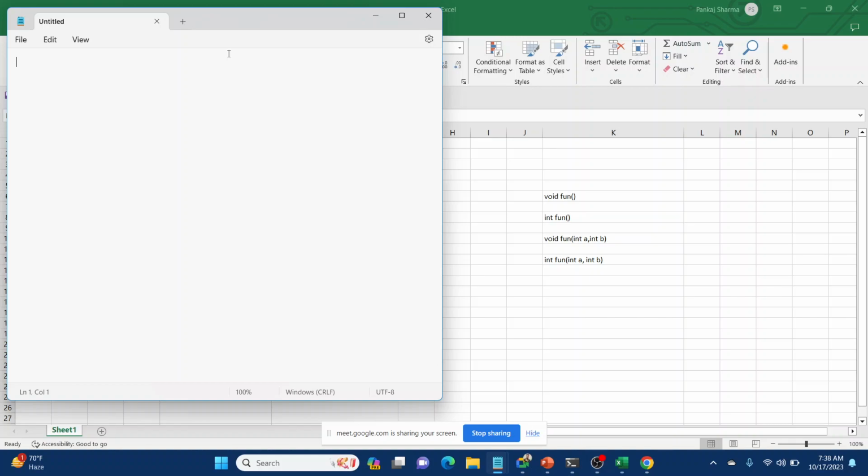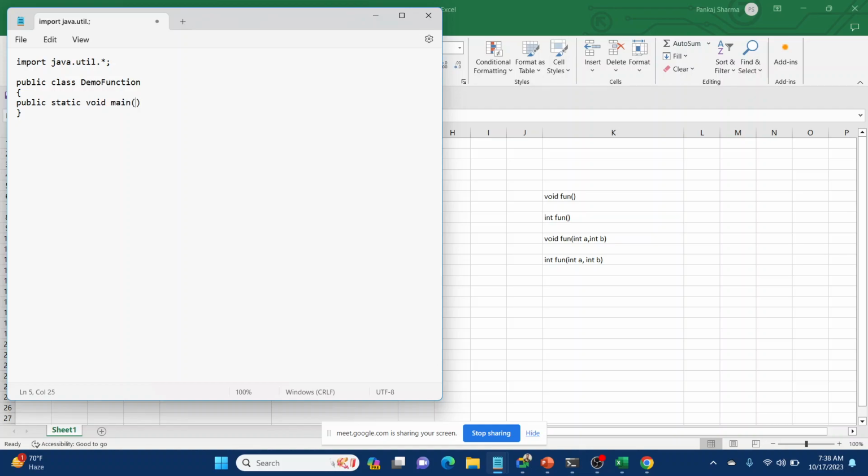So what we'll do initially, import java.util.*. Now we will have to make our public class DemoFunction. In the function demo, we have public static void main.